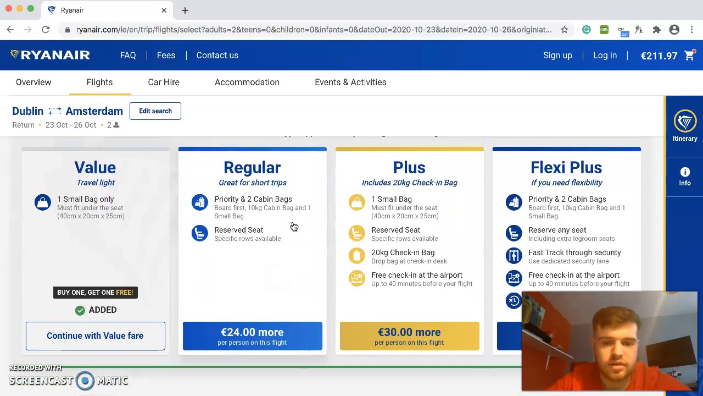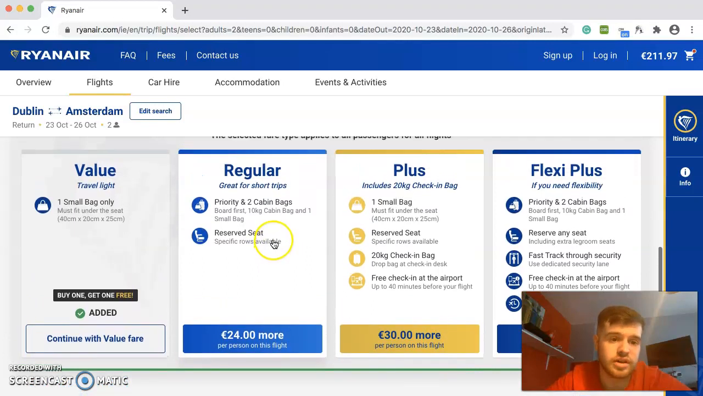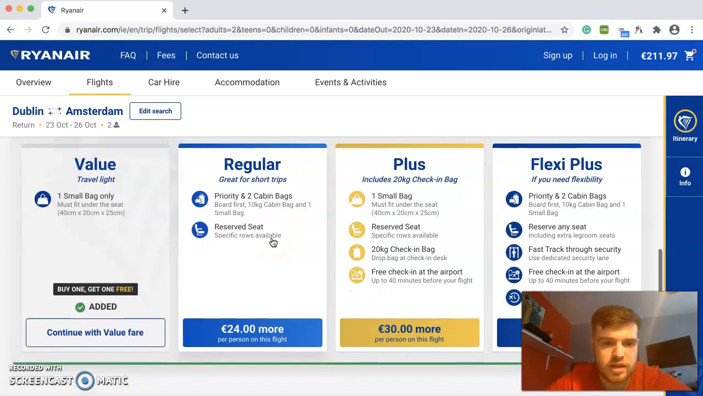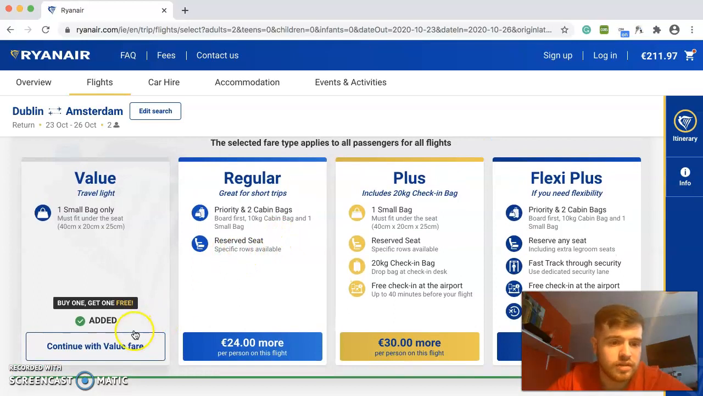So again, like with the other thing, you get the choice of value, regular, plus, or flexi plus. And I suppose what's good is maybe on the flight home you might buy some stuff over there. So maybe you want to upgrade to a different selection when flying home, because you might buy a bag over there and fill it up with stuff. And then obviously maybe if you're Flexi Plus, the tickets are flexible, so maybe if you want to stay over there an extra night, but that wouldn't be the case with me. So again, I'm just going to choose the value fare